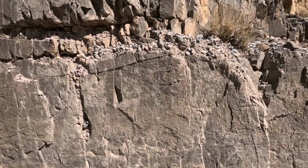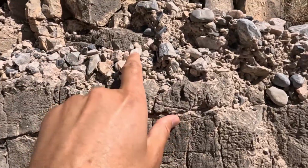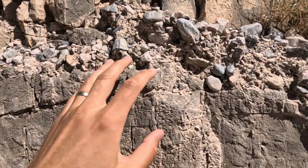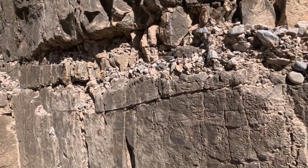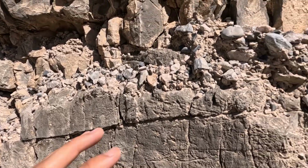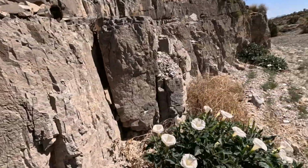And the composition of these pebbles, the sediment here, is not all just limestone. You can see there's some calcium carbonate. It's probably mostly calcium magnesium carbonate stuff, because upslope here it's just mostly limestone and dolomite. But there probably is some quartz in here. There is some sandstone. There's some shale and siltstone in this formation as well. Anyway,